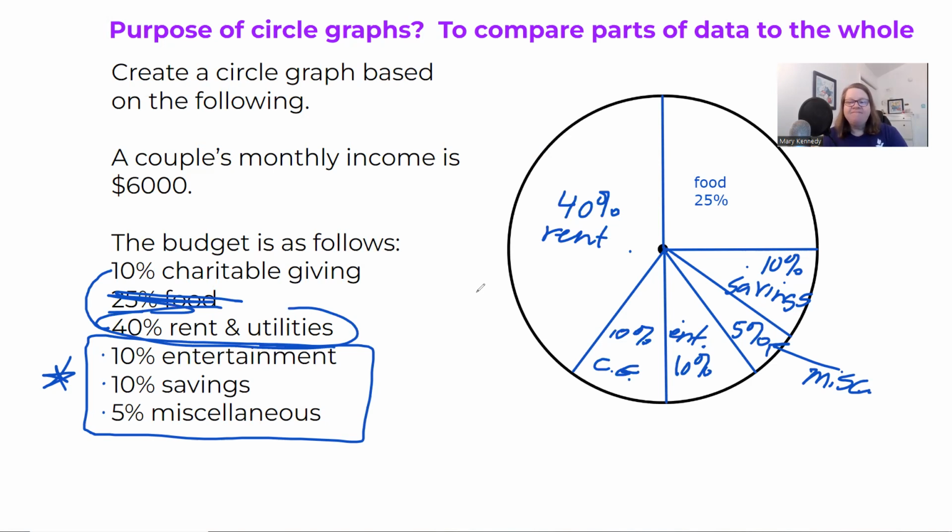So yeah, they're saving a little bit every month, and that's going to add up over time. But overall, it looks like a smaller amount. Their entertainment, they're giving to charities. And then 5% is just because there are things that are going to come up that don't fit anywhere in here. Now, this is a made up example, but I hope this is helpful to you as you're